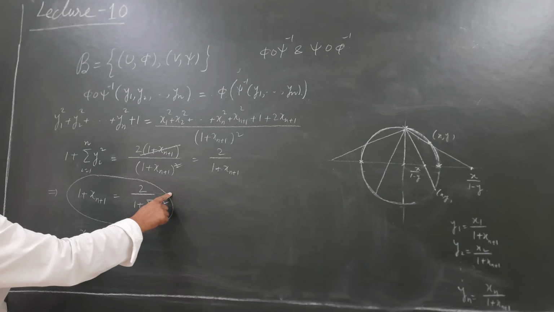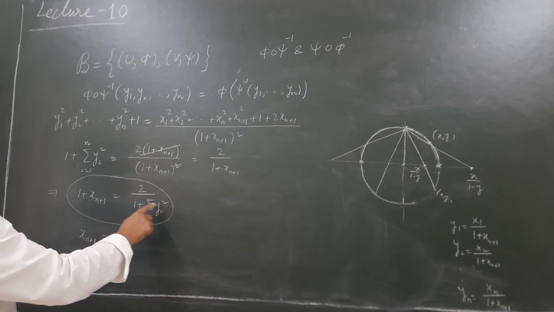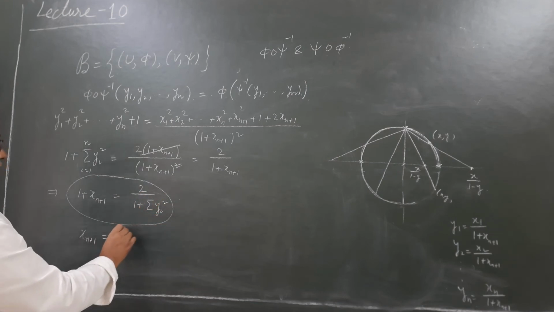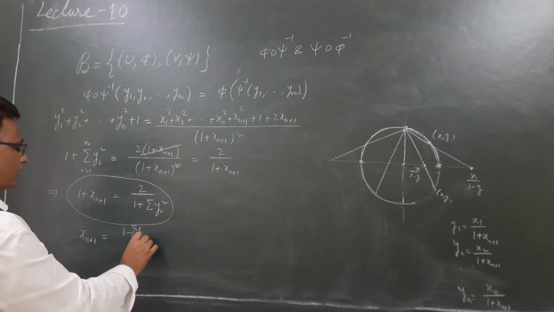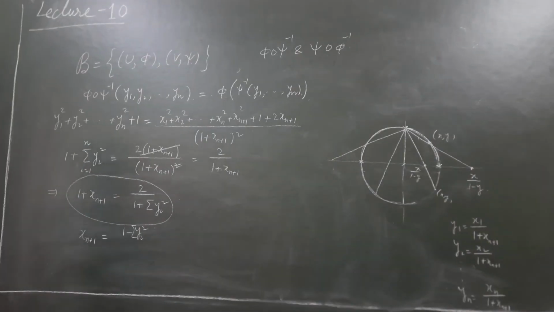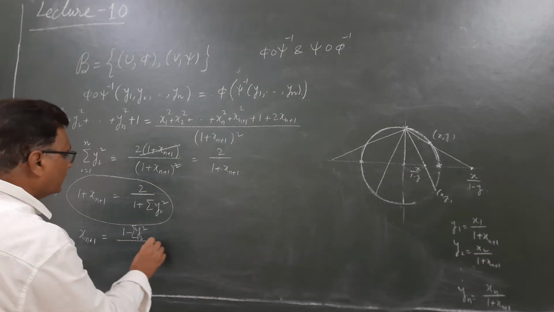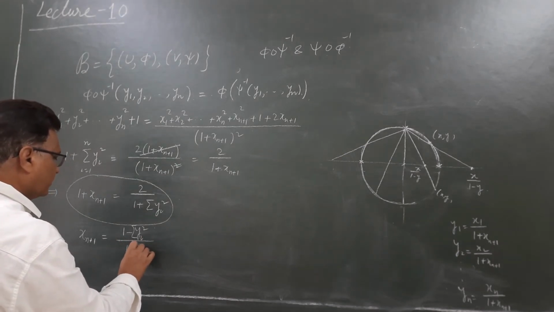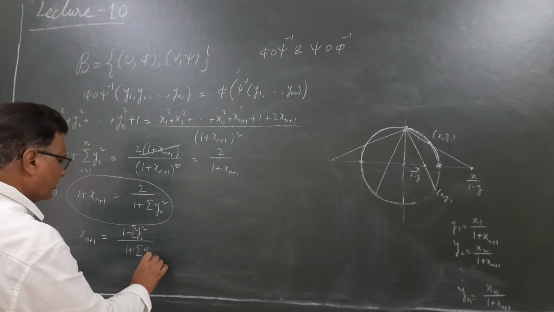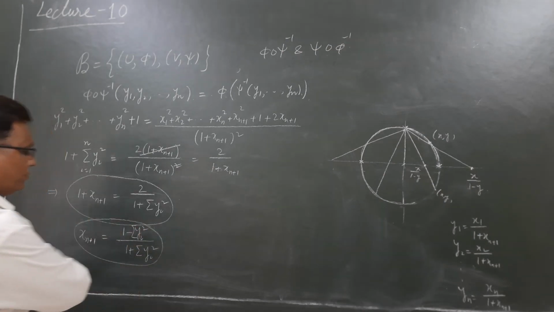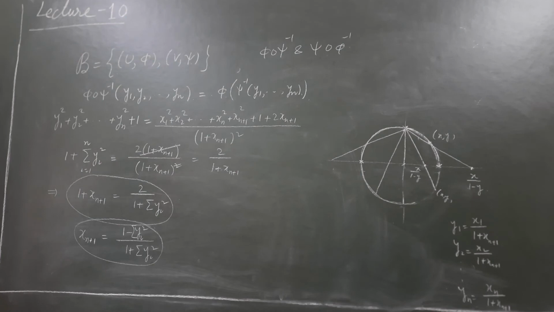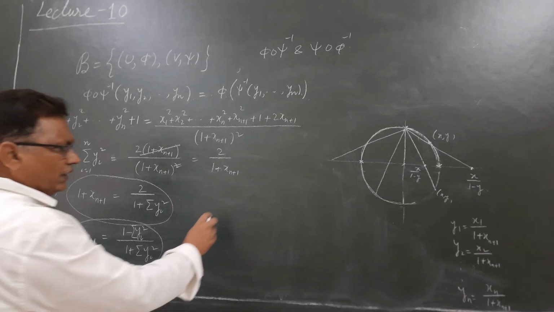-1 कर दीजिए तो 2 माइनस 1 माइनस y_i स्क्वायर, सो ये हो जाएगा 1 माइनस समेशन y_i स्क्वायर, ठीक है ना, और डिनोमिनेटर 1 प्लस समेशन y_i स्क्वायर। आई होप द कैलकुलेशंस आर सिंपल, सो एवरीबडी विल अंडरस्टैंड। अच्छा, अब मसला है सारे x1 का, x2 का वगैरह वगैरह।